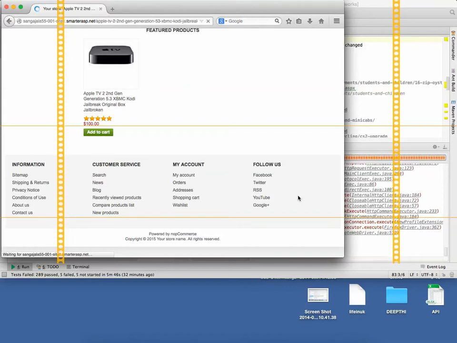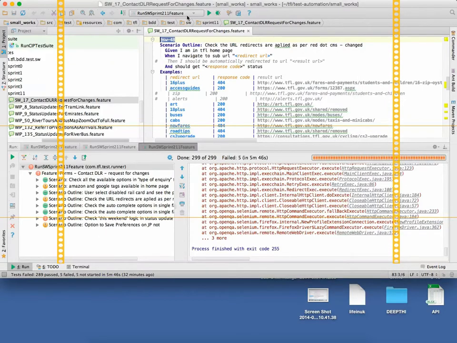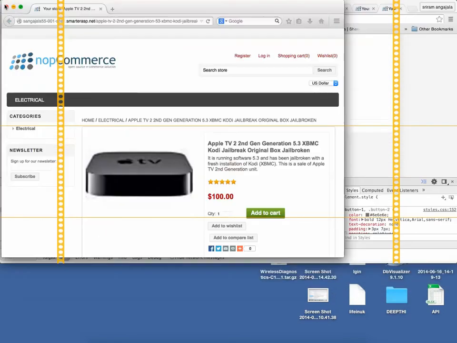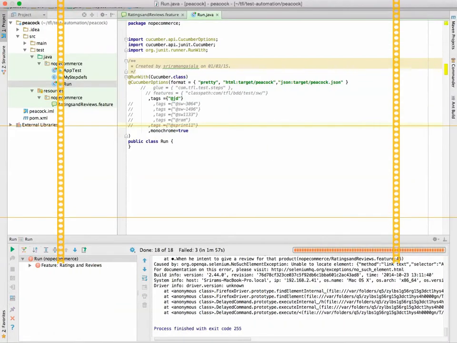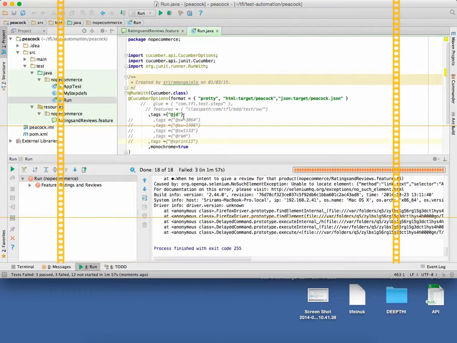Next, Cucumber doesn't have beautiful reports by default. And Cucumber also doesn't have... user cannot run the files from the feature files.